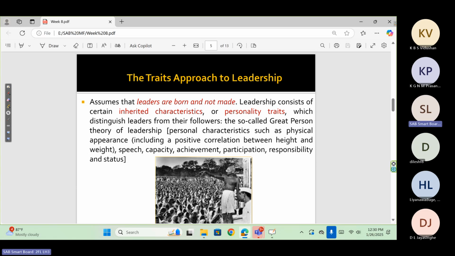That's the role of traits theory. The limitation is that it says leadership qualities cannot be developed. Certainly, a lot more qualities can be developed through education, training, attribution, comparison, and benchmarking. But even today, we can say some successful leaders are born. They cannot be developed, but fine tuning can be done.